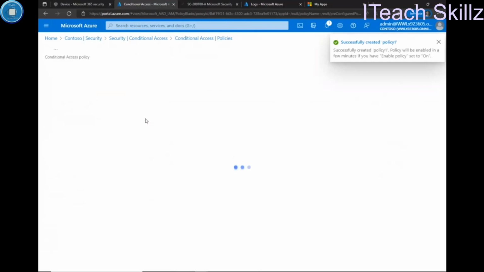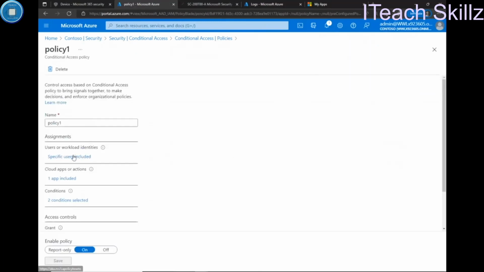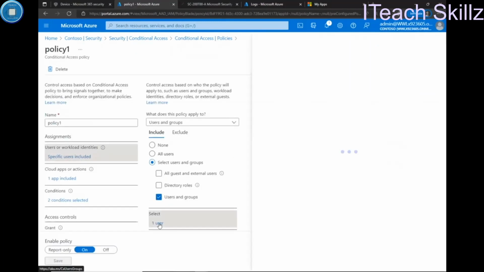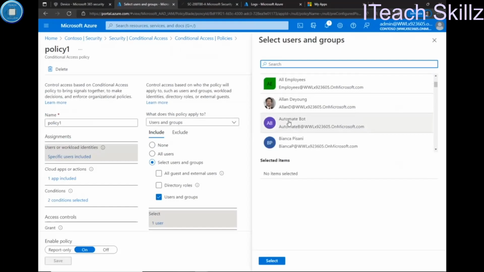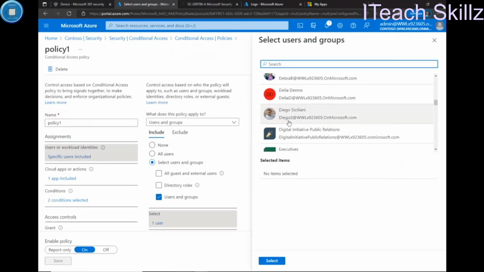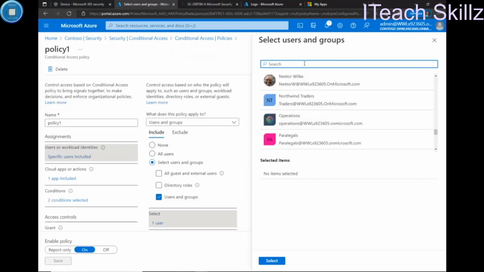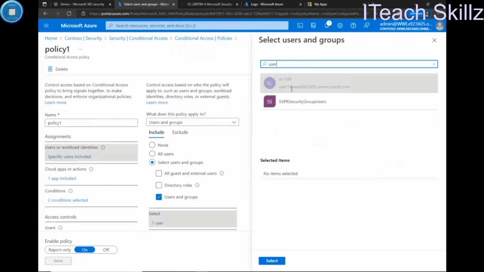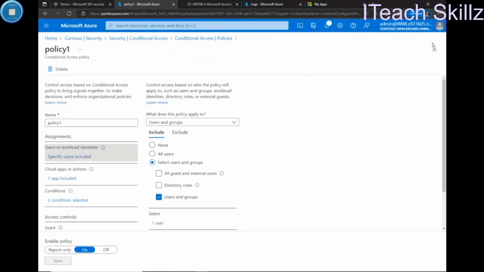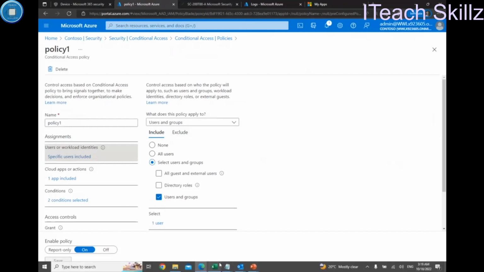Remember that this policy has a scope of a user, and we should see user one. Yeah, user one, with the display name of SC100. It's included in this policy. So I can decide to turn on the policy. I'm already turning it on. So what we can do,